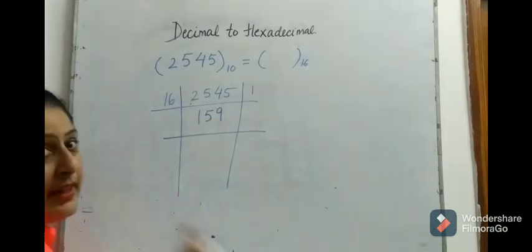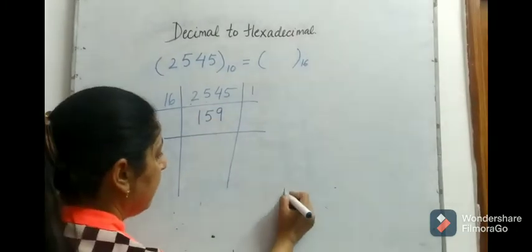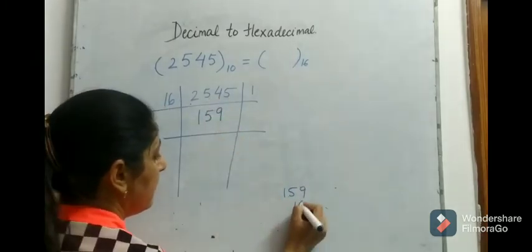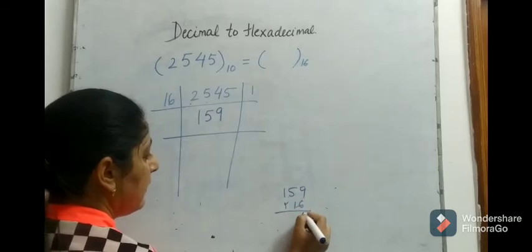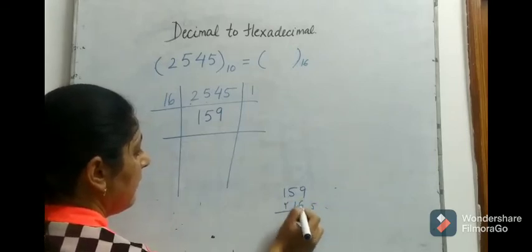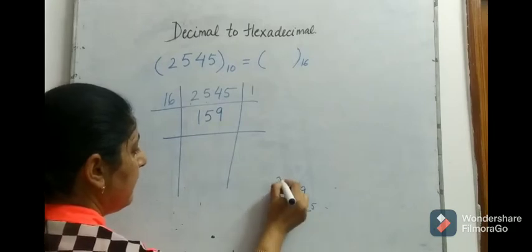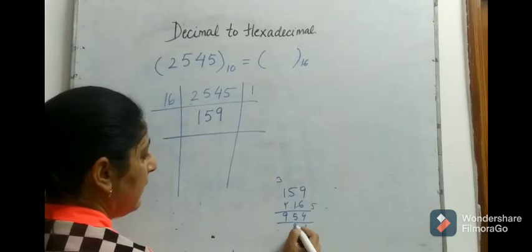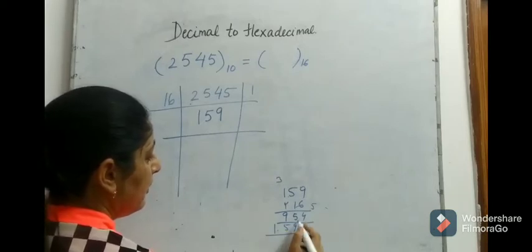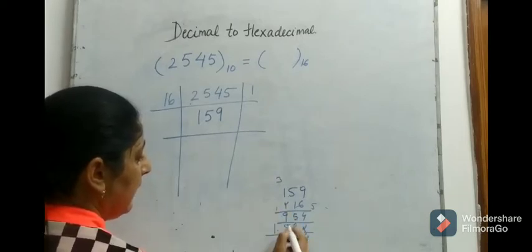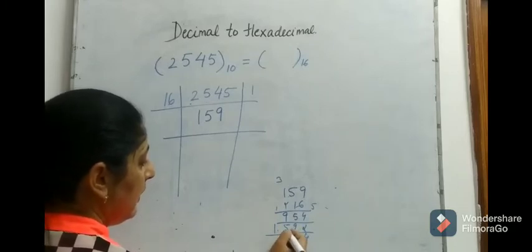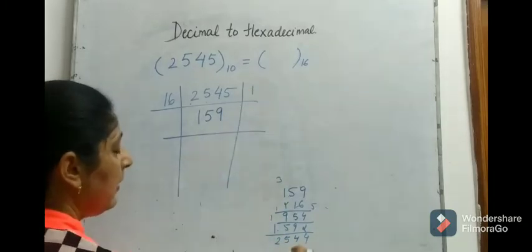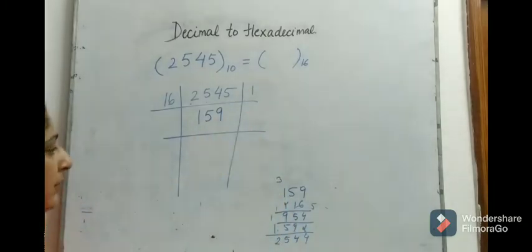So if you want to still verify whether you are going right or wrong, you can multiply this number with 16 and see whether you are getting it the same or not. So let's check that. 6 9s are 54, 6 5s are 30 and plus 5, 35, 3 up, 6 1s are 6 and 3, 9, and here 4, 5 and 9, 1 carry, 5 and 9 again 14, and 1 carry 15, and 1, 2, 5, 4 and plus 1, 2, 5, 4, 5. So we are going right here.